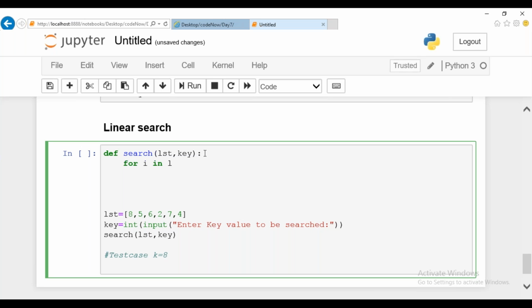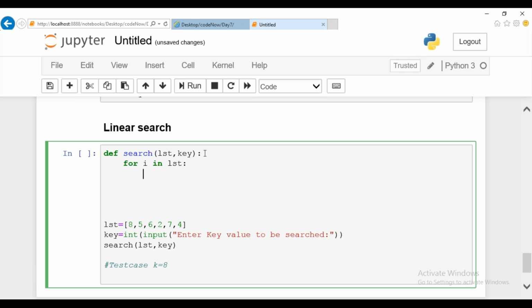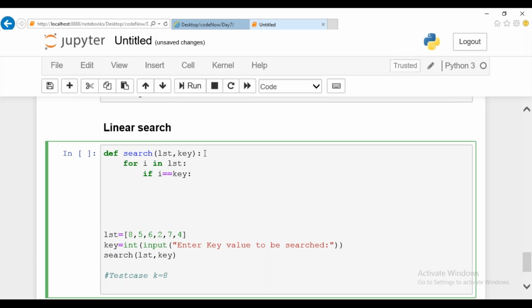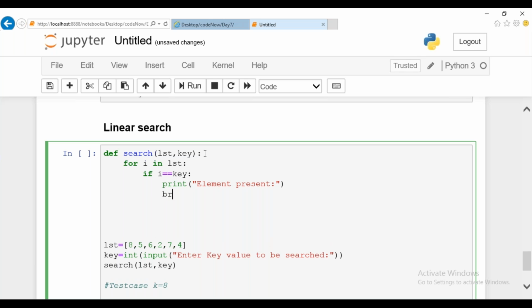I take a value one by one from my list, and check whether i is equal to the key value. If it is there, you can print directly element present, or you can mention the position also, it's up to you. Element present, and you can break your loop and come out of it.